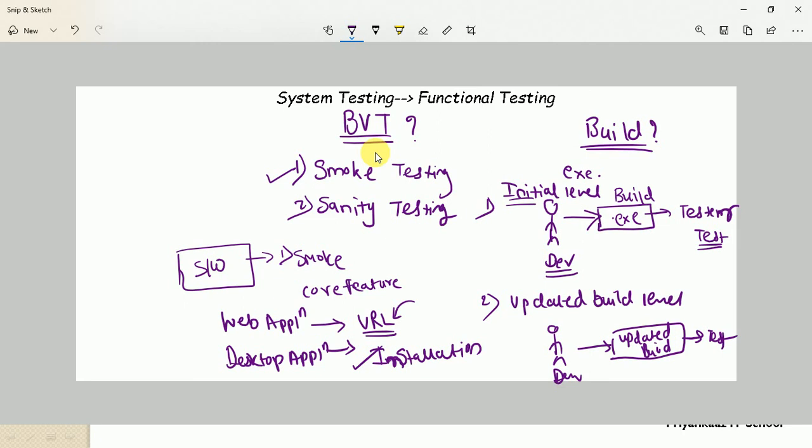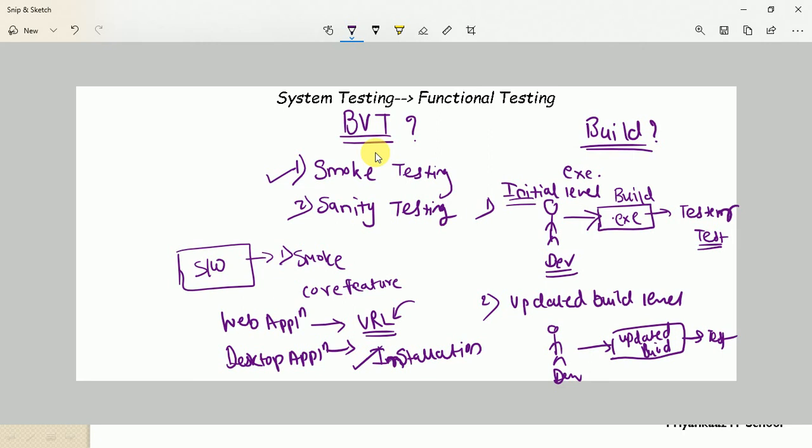Now what is the concept of sanity testing? Here, let's first understand smoke testing. We simply focus on the core features and the main part of the application. If the main functionality is working fine, then only can we go for the rest of the features. So what is sanity testing then? Sanity testing is again a part of build verification testing. Sanity testing is a build verification test usually conducted after receiving a software build with some minor changes in the code or functionality.